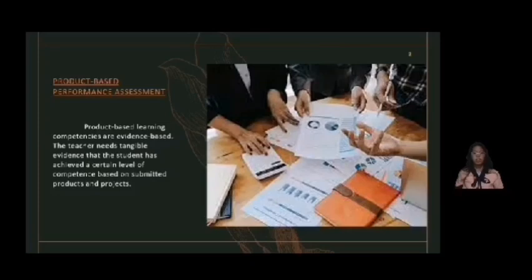In an educational setting, product-based assessment involves assessing students' understandings, skills, and knowledge by examining their completed assignments, projects, or other forms of work. So that's why it's called product-based. It requires the student to produce tangible evidence, just like their research paper or their assignments, project that is